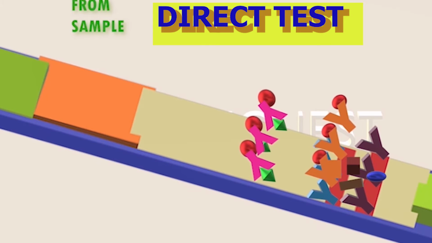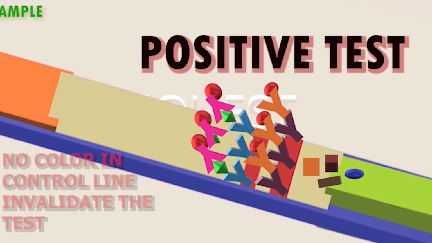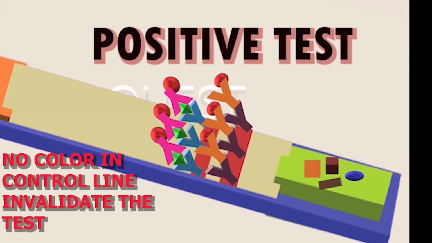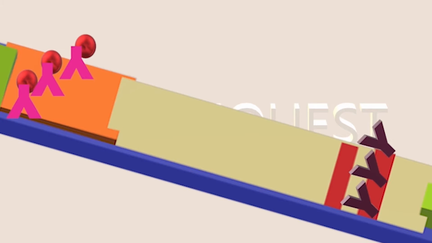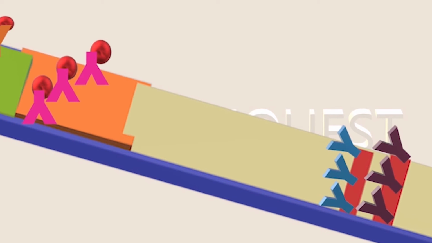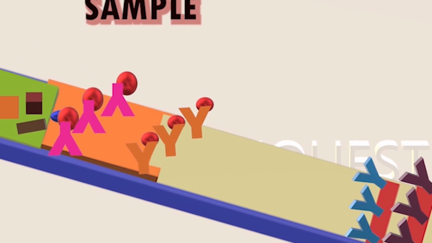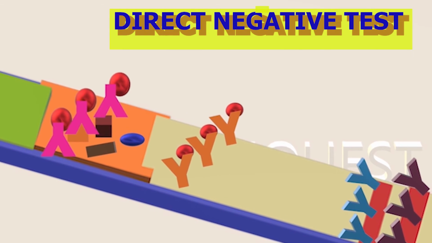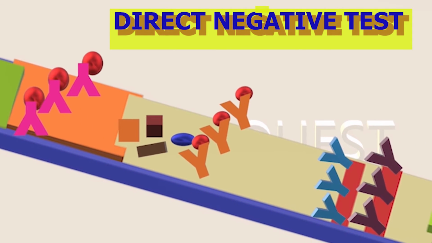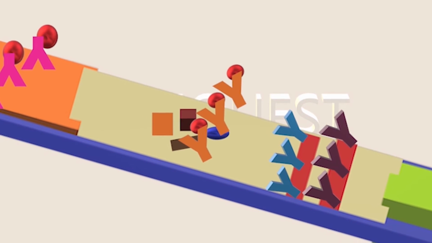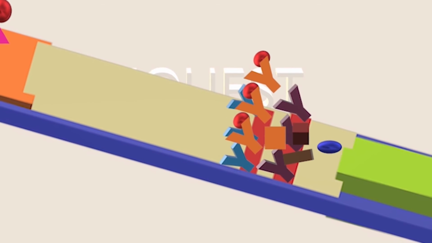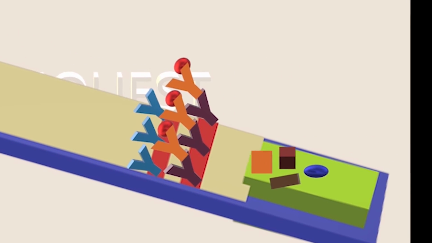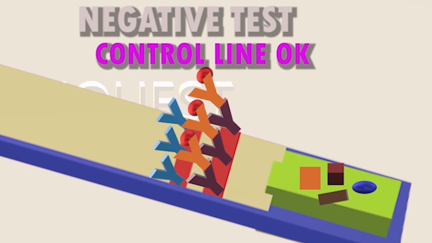A direct test is used for larger analytes such as P24 antigen in HIV test, as well as analytes with multiple antigenic sites such as HCG used in pregnancy test. HCG is an example of sandwich-based analysis. The target is immobilized between two complementary antibodies. In the direct test, the presence of the test line indicates a positive result, and the control line contains species-specific anti-immunoglobulin antibodies specific for the antibody in the particular conjugate.